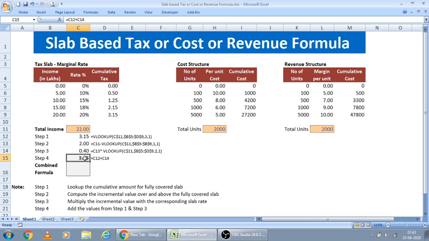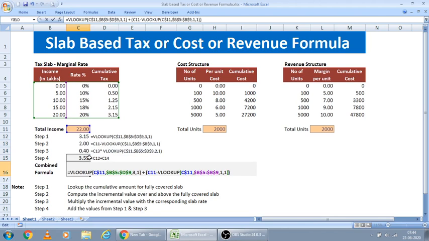This is a step-by-step method. If you want to put everything into a single formula, just combine all these formulas into a single one. This one plus, I am putting a bracket here, and this one I am adding plus, putting everything into brackets.